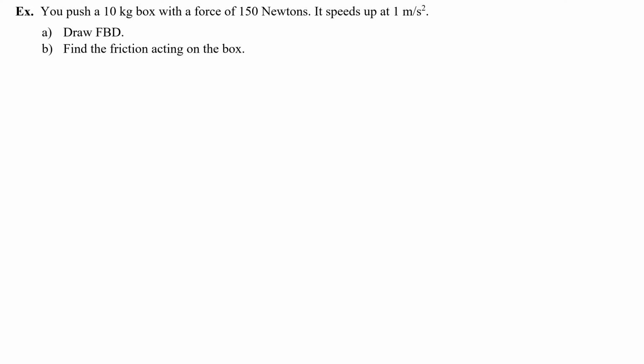You push a 10 kilogram box with a force of 150 newtons. It speeds up at 1 meter per second squared. Okay, let's draw the free body diagram. You would have, just like what we had before, a weight force, mg, and it's the same box, so 10 times 10, 100 newtons. Normal force up. Those two are equal because the box isn't on an elevator. It's not speeding up or slowing down in a vertical direction. So the normal force is also 100 if we need it. And your forward push of 150 newtons,